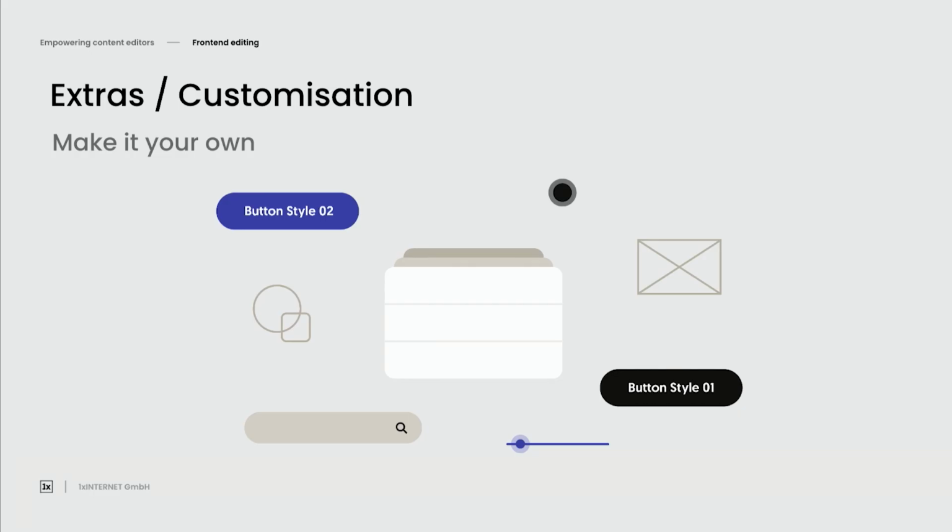So now we've seen the base functionality, but there are some more things that you can do with the front-end editing module, and I consider this a very cool part of the module, because being able to customize something to look like part of your ecosystem, part of your project, is really important.